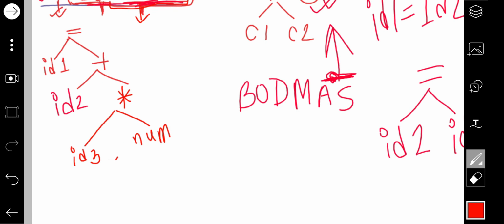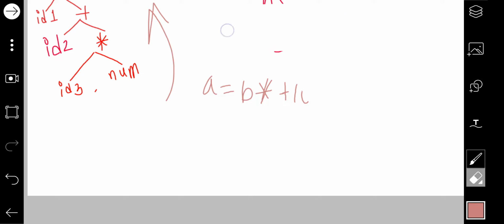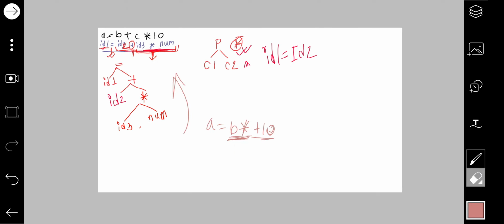Now if the equation was like this, suppose A equal to B multiply C plus 10, then also you were supposed to find out the priority first. So first this will happen, then this will happen. So while forming a tree for this equation, first the equal sign, then the children will be A, so multiply again. Okay, so again like this would be the B.